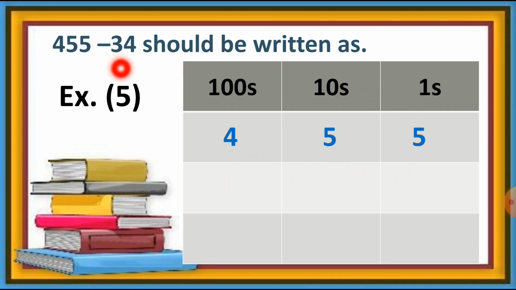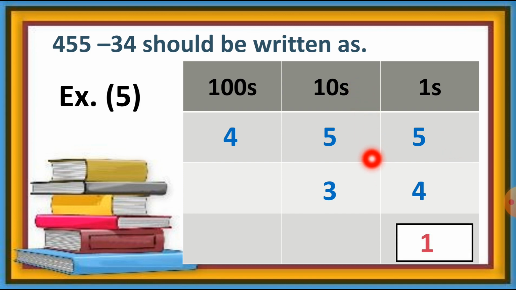Now let's put 34 according to the place value in the table. Number 4 is at the ones place, we can put this number. Number 3 is at the tens place, so we can put it at the tens column this way. Now let's subtract this sum. This is very easy now. Let's start with the ones column. So here 5 minus 4 is equal to 1. At the tens column 5 minus 3 is equal to 2.